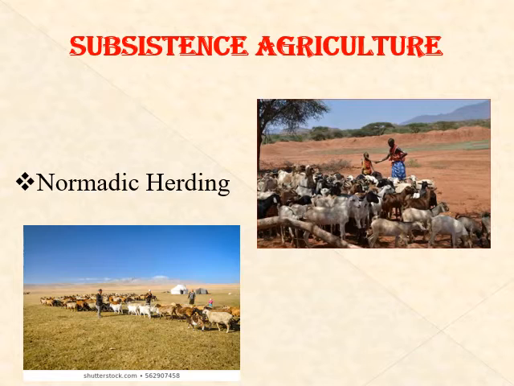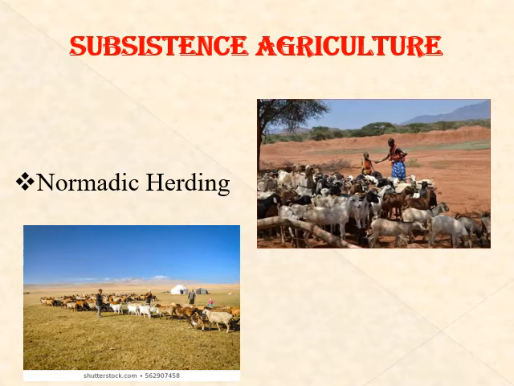First type is subsistence agriculture. Okay, students, what do you mean by subsistence agriculture? Listen, students, subsistence agriculture occurs when farmers grow food crops to meet the needs of themselves and their families on small holdings. In this type of agriculture, farmers have a target farm output for survival with little or no surplus. Yes, students, farmers cultivate crops with respect to their daily needs. This type of agriculture is still common in less developed parts of the world.